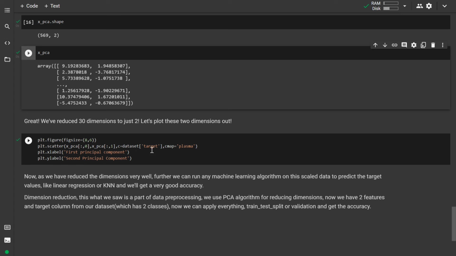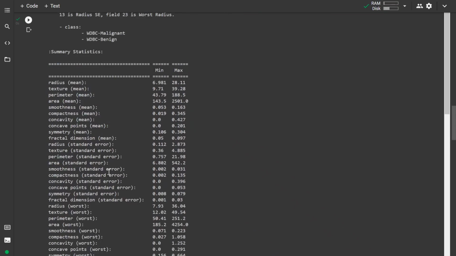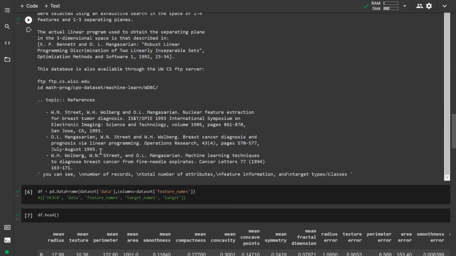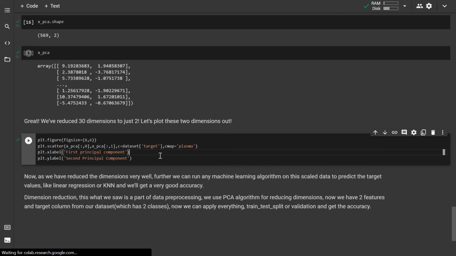And then c is equal to the data set's target. You remember our data set from earlier. It included a column for the target. What was the target? The target was our two values, which are our two classes, in our label data set. It gave us the label of whatever class corresponds to the numerical values in that particular row. There were 30 numeric attributes, and corresponding to them we had a label. So this was our target. As we are using the scatter plot, we are visualizing it corresponding to our components. Okay, so let me run this code.